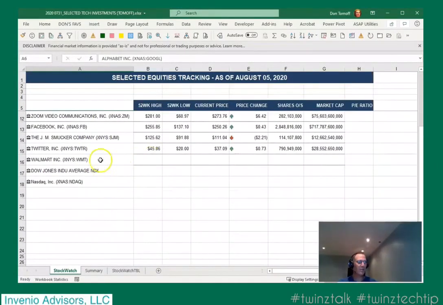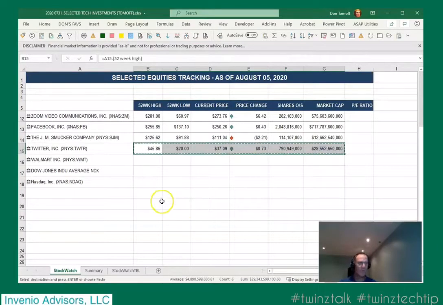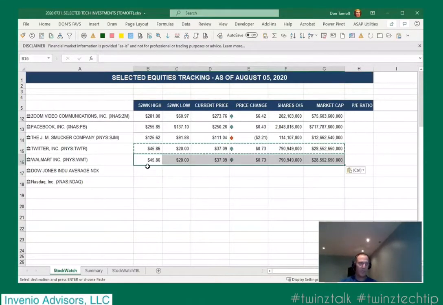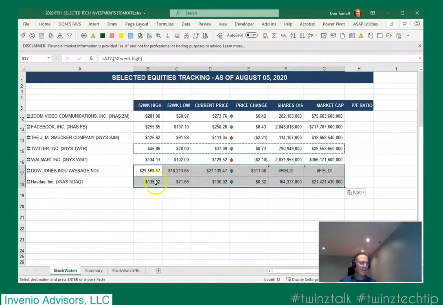I'm going to convert this into this data, and all I'm going to do is copy a prior symbol, and I should have copied it down, and it's going to show me for the Dow that it doesn't know what the shares outstanding or market cap is, and that makes sense because it's an index, and this is actually the entire stock market, if you will, I guess, for NASDAQ. So I'm just going to take this and delete